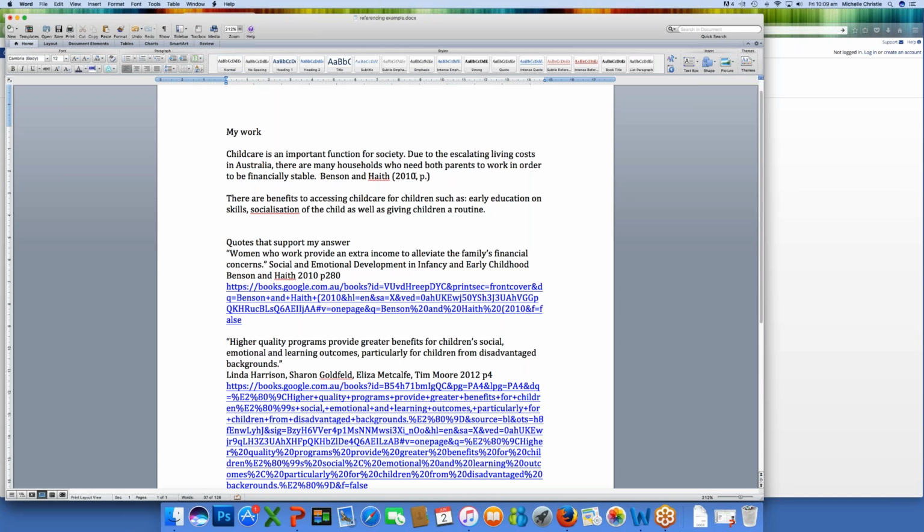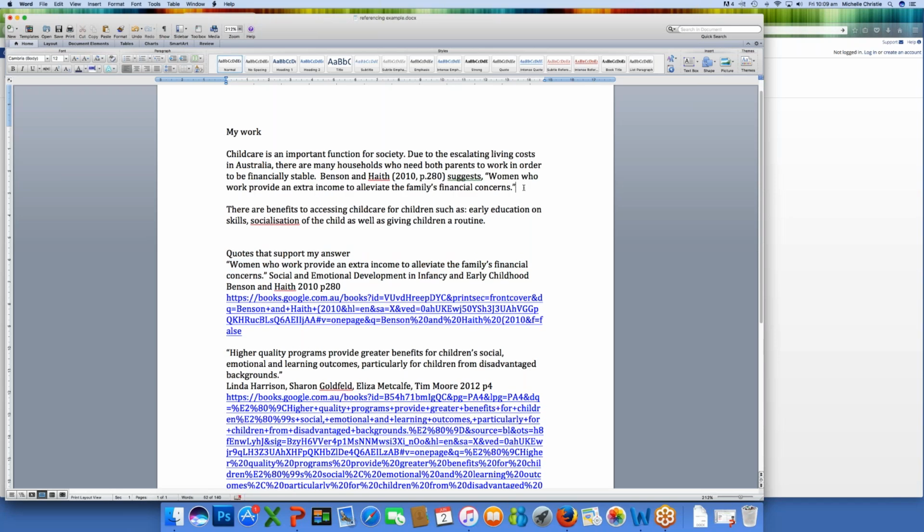Now I've used page 280. So you note I've used Benson and Heath, bracket 2010, comma, P dot 280 close bracket, suggests, comma, and then I'm going to put my quotation mark, add the rest of the quote here, and end the quotation mark. So if somebody is looking at my assessment now, they will see that this is my work and